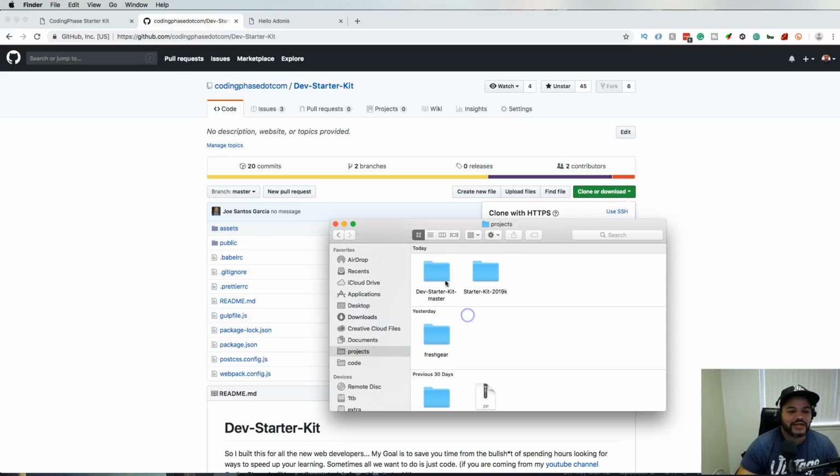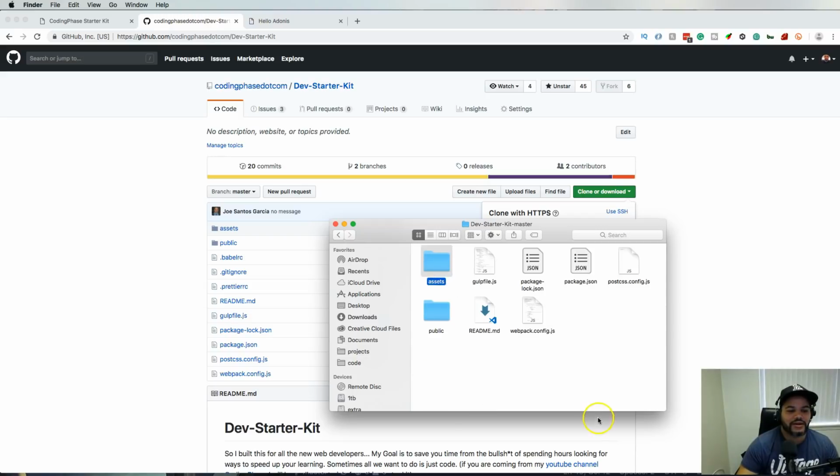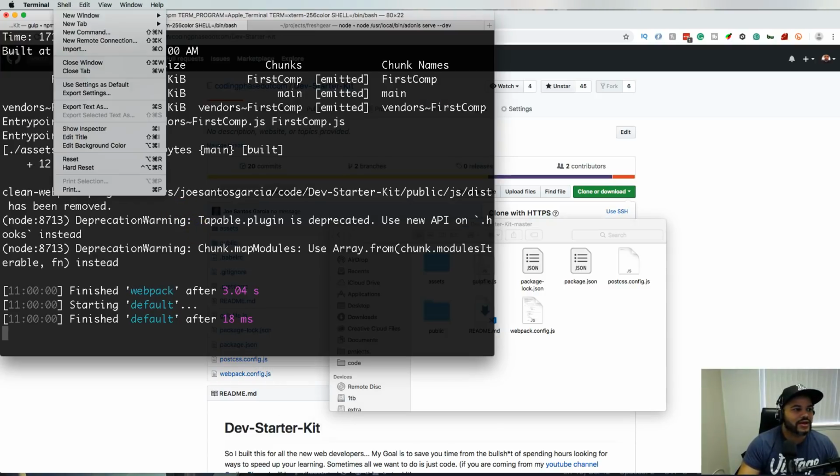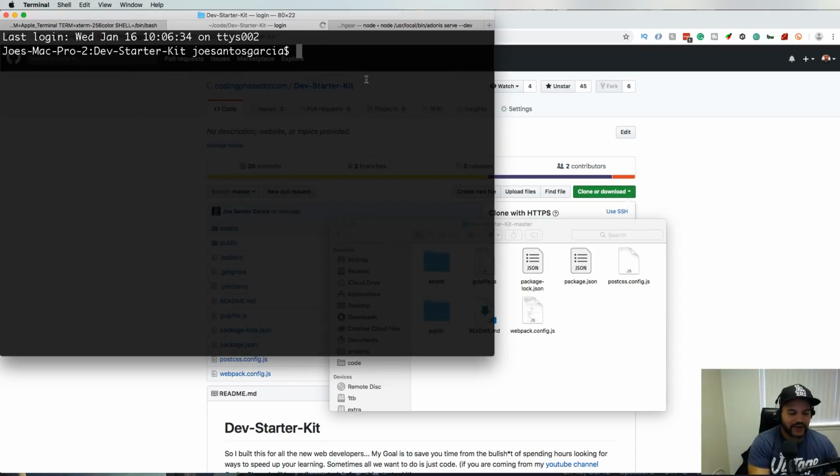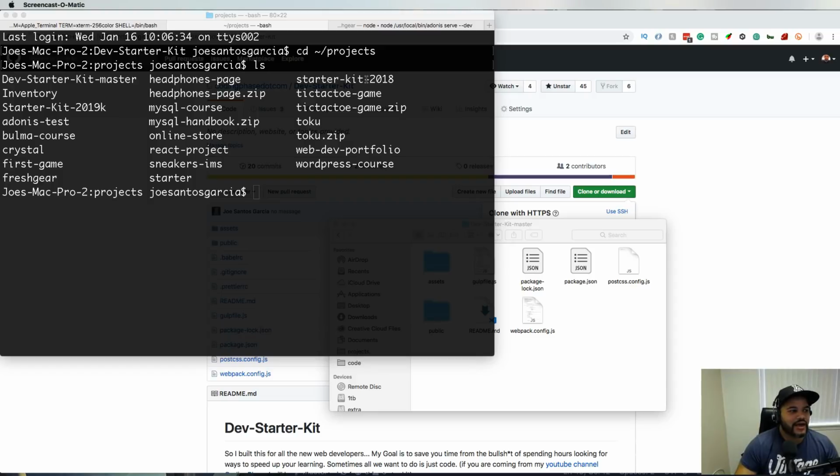The next thing you want to do is open up your terminal. If you are on Windows, open up your Bash Ubuntu and find the location of your folder. For me, I'm going to cd to my home directory /projects, because that's where I have my projects. Then I type ls, and as you can see, we have our folder there, Dev Starter Kit -master. So you're going to say cd and spell it exactly how it is,